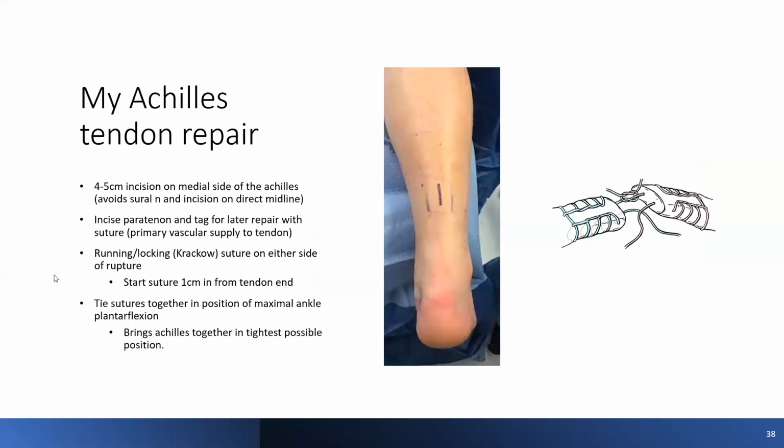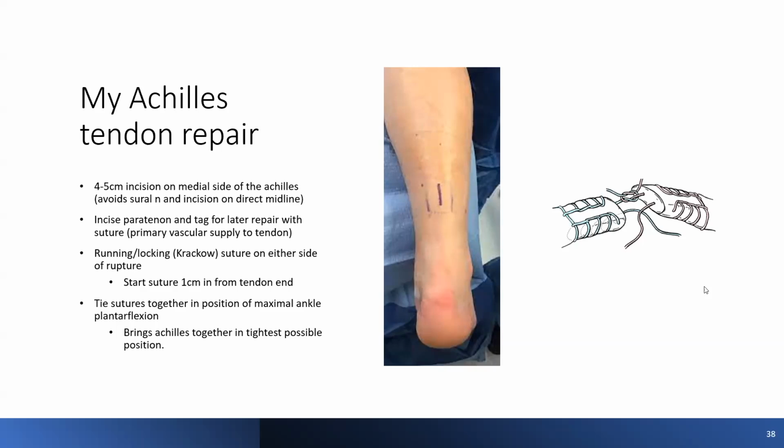Typically, what I do for Achilles tendon ruptures, if we're doing a surgery, is about a 4 centimeter incision on the medial side, or the inside side, of the Achilles. It helps to avoid the nerve, and it avoids a direct incision right on the back of the Achilles. We typically open up the sheath that sits on the Achilles. And then we do a running, locking suture that you can see on the right side of the screen,